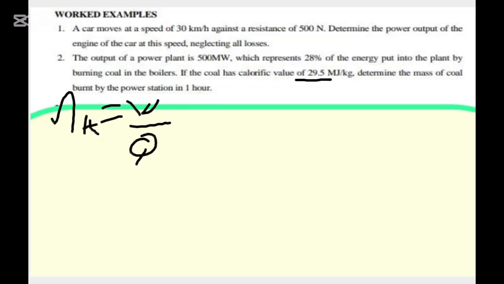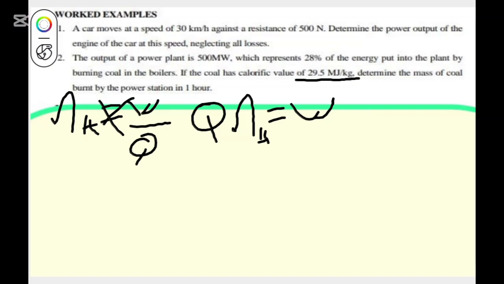This is the calorific value. So the next thing that I'm going to do, I have to first determine the heat input. I'm going to make Q the subject of the formula. So at the end, Q times the thermal efficiency will be equal to W. So if I divide both sides by the thermal